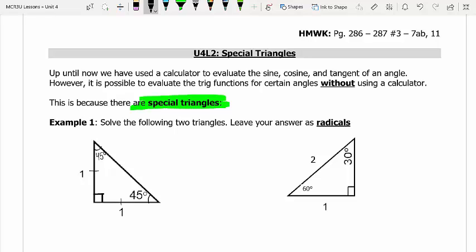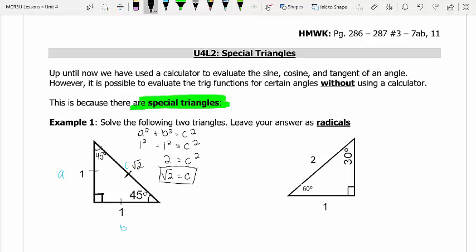We're just going to use Pythagorean theorem quickly. Okay, so let's solve for that third side. So our value of a and b is 1. So we get root 2 for the length of that third side. Okay, so that is the first special triangle that you have to memorize. The isosceles triangle where the two equal sides have a length of 1